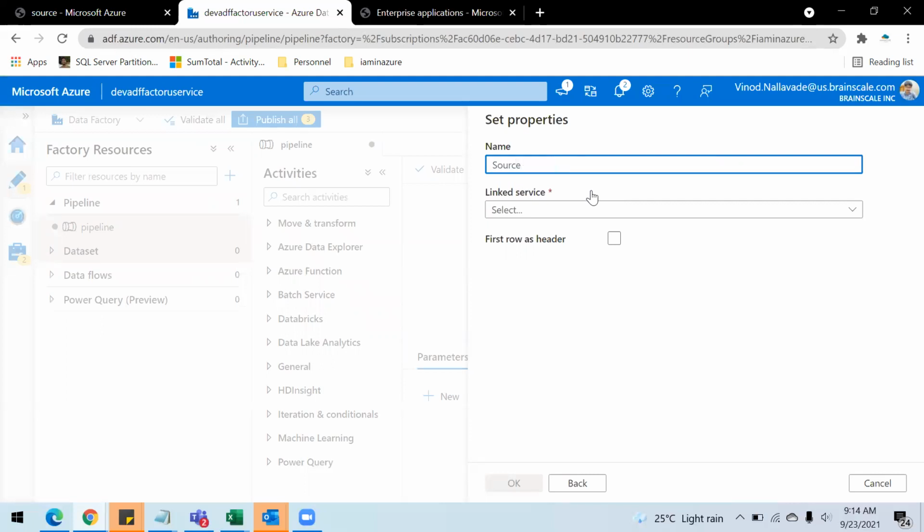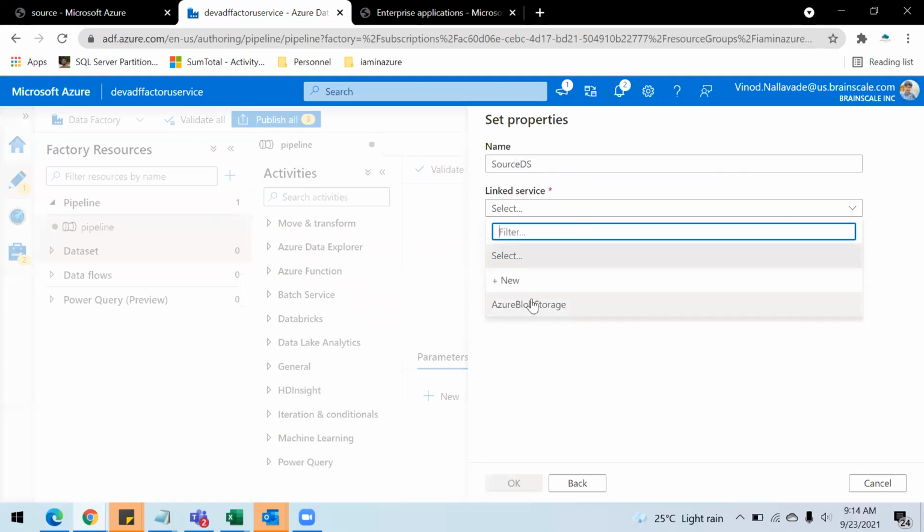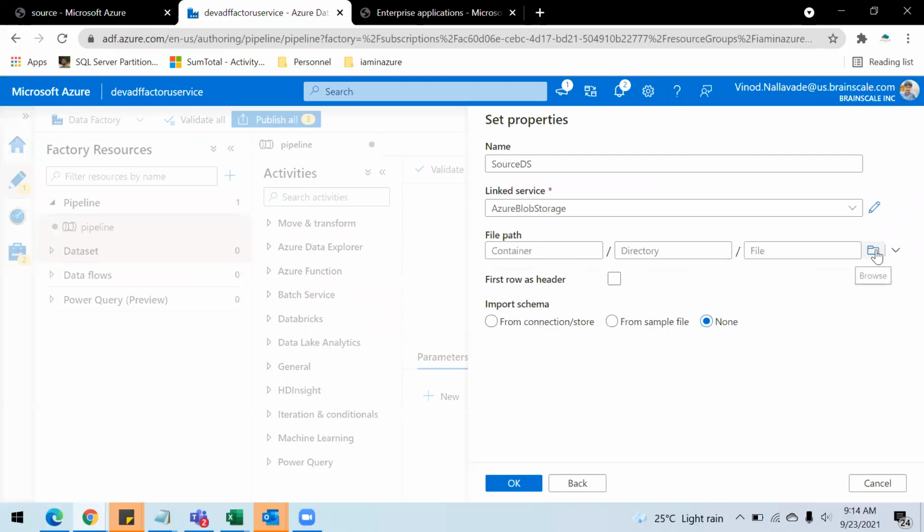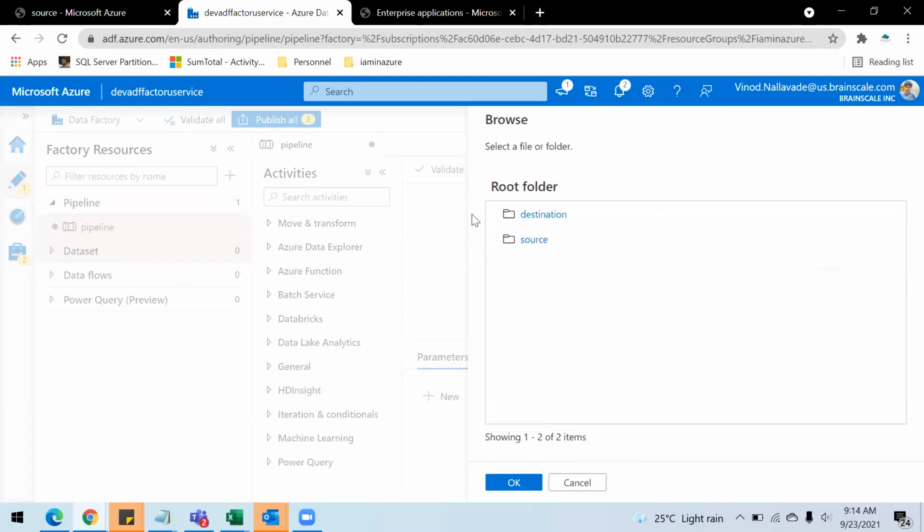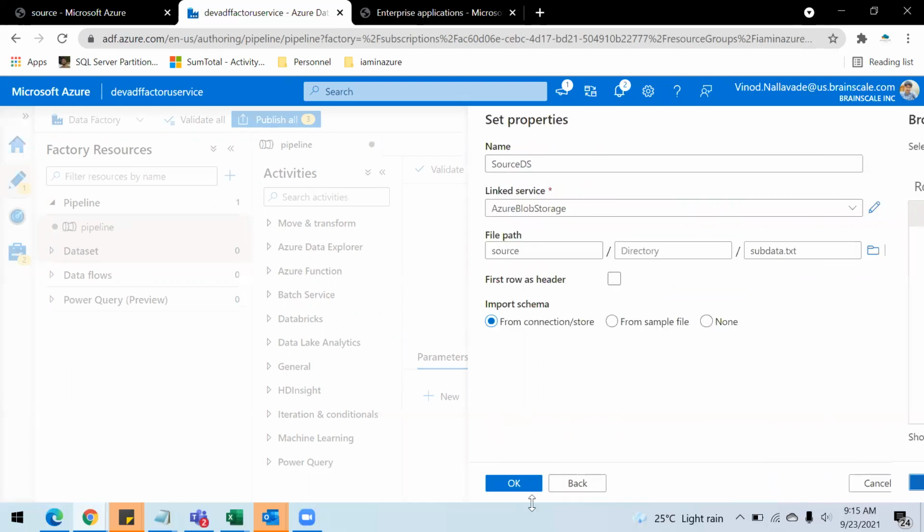Source DS, the linked service is selected, and go to this now. See, here you are able to see this. We haven't provided anywhere in the linked service what storage account we're going to use. We put it in this Azure Key Vault, but it's still able to collect that data and you are able to see your containers. That is basically how you can use it. But let's just test this.